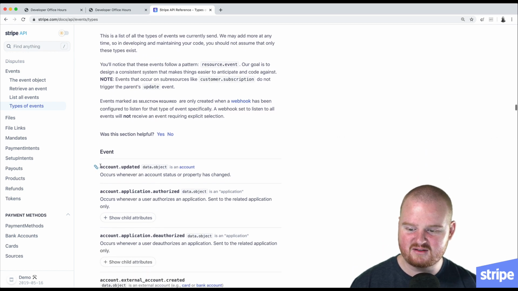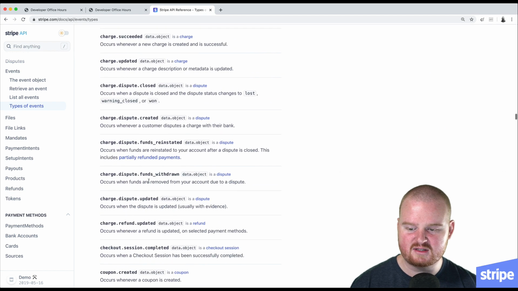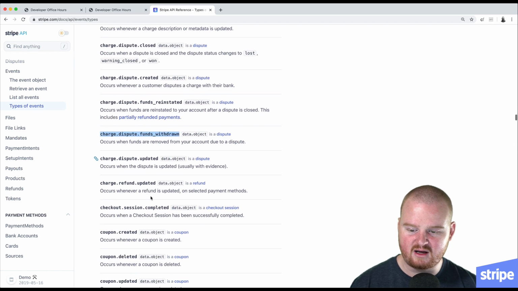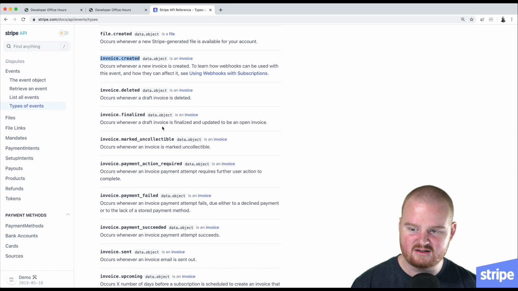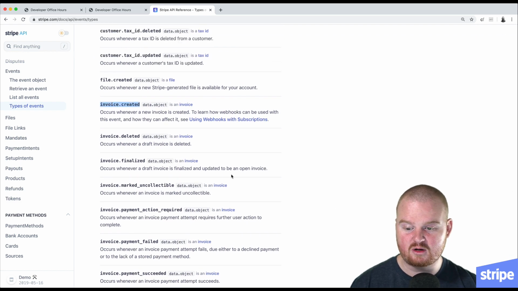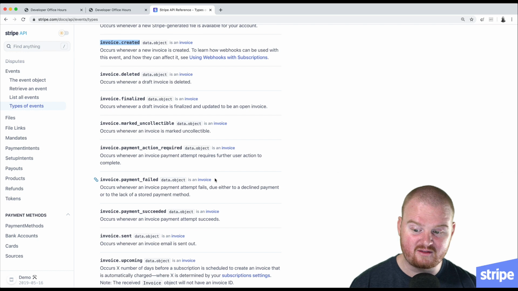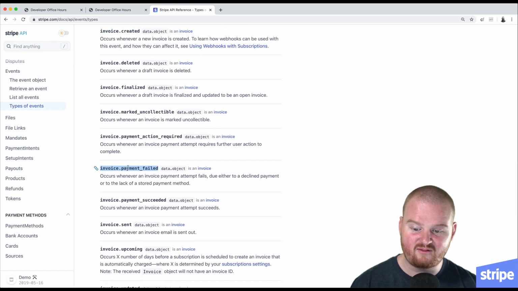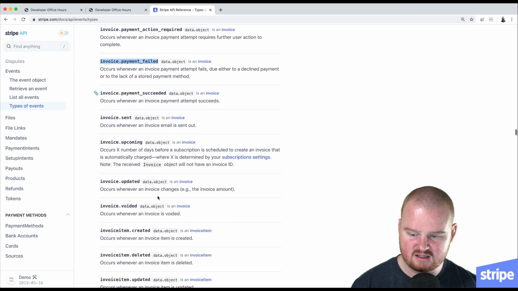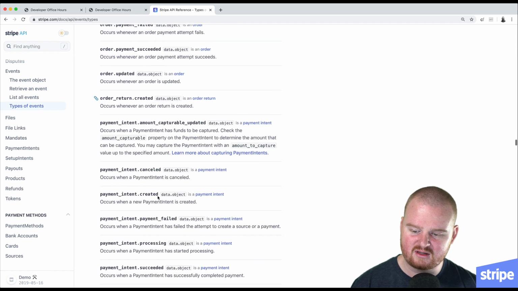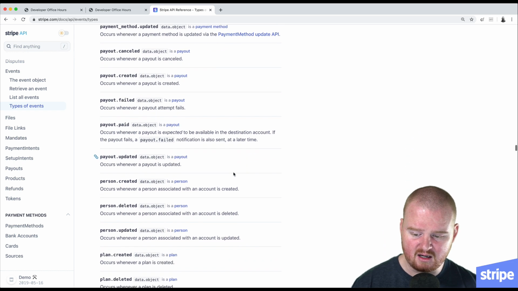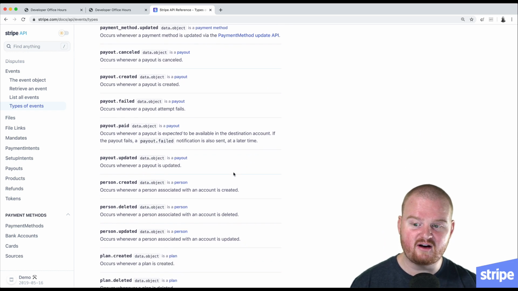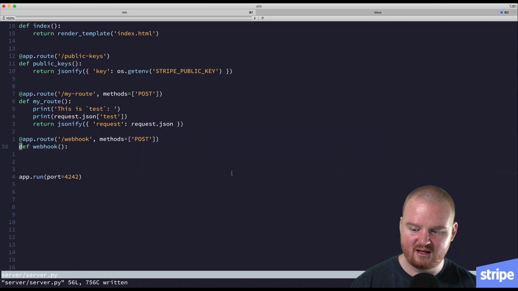So if you go to stripe.com/docs/API/events/types, there's a massive list of all the different event types that you might receive. So charge.dispute.funds withdrawn. One of the most common is invoice.created. This allows you to take action every time a subscription is renewing before it's finalized. You have invoice payment failed if you want to send some sort of email to the customer. There's a huge number of different webhook event types that you might receive. So payout.failed. And so today what we're going to do is just show a very simple example of how to implement the most basic webhook endpoint handler